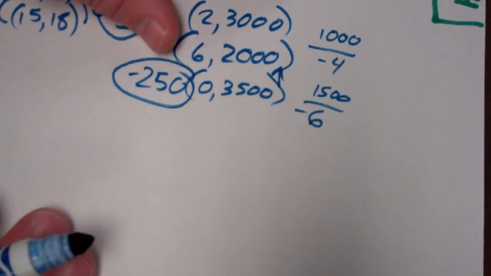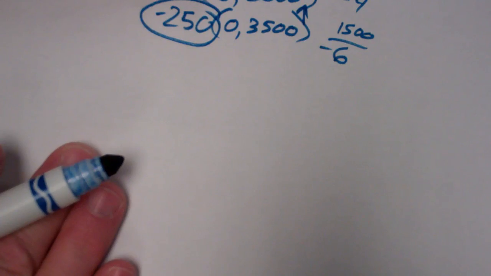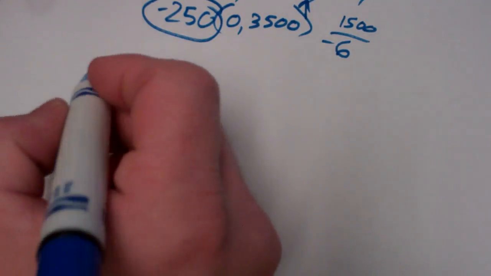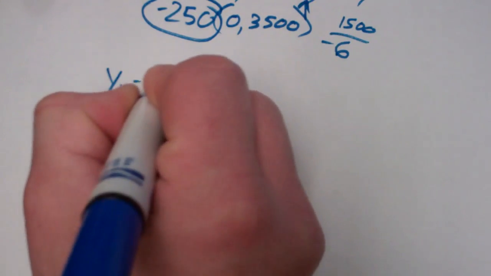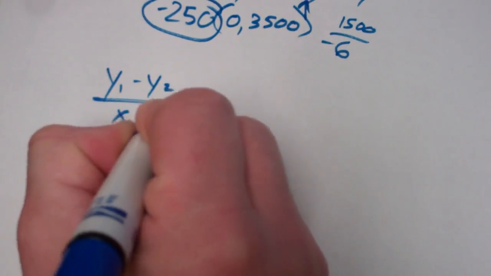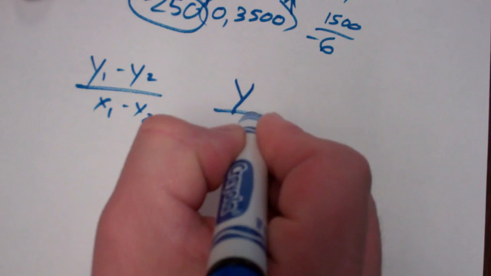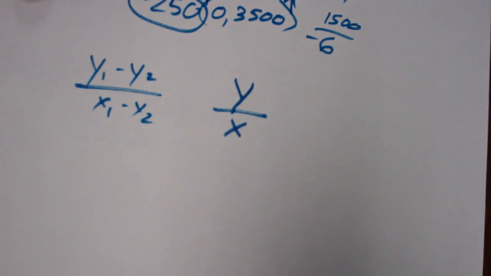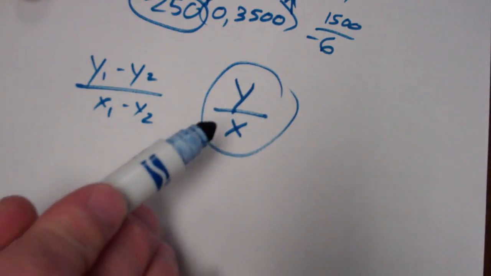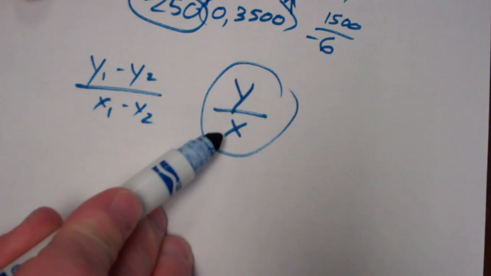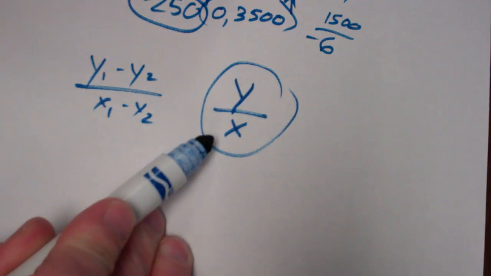Okay, number 3, determine whether a proportional relationship exists. Now it's asking about proportional. The difference between proportional is this tells you if it's linear. If they have a constant rate of change, it's linear. But if the y divided by the x of every single point is exactly the same, no subtraction necessary, if this is true and the same every time, then it's proportional. So when I look at that one,